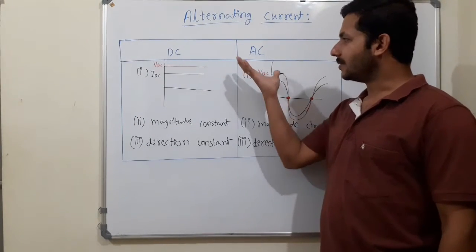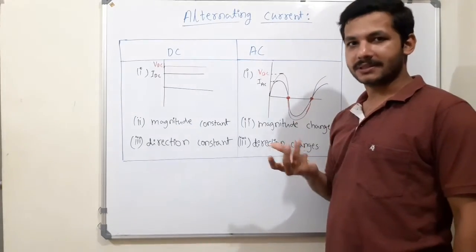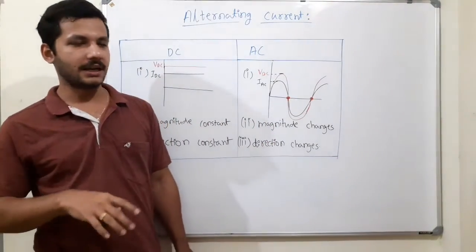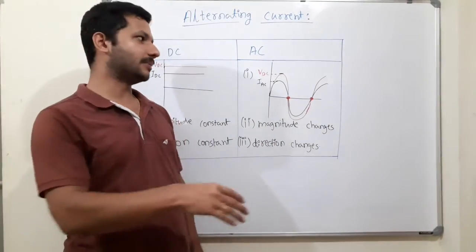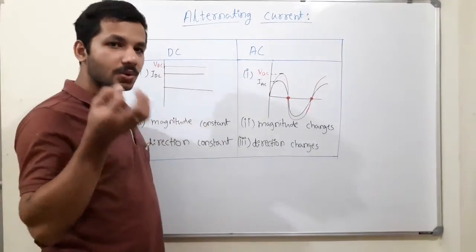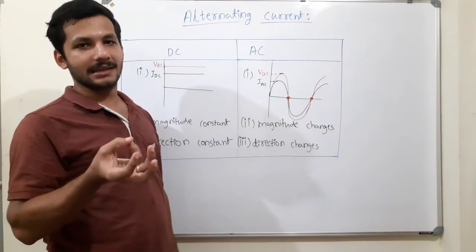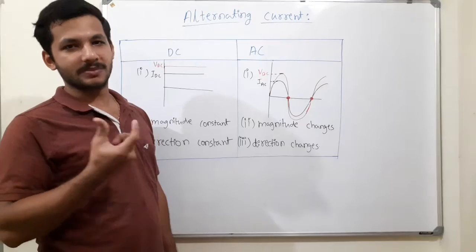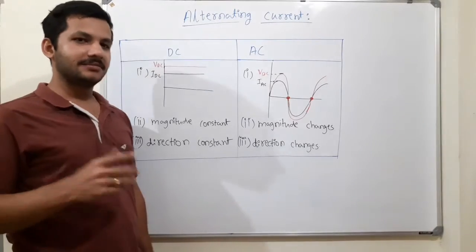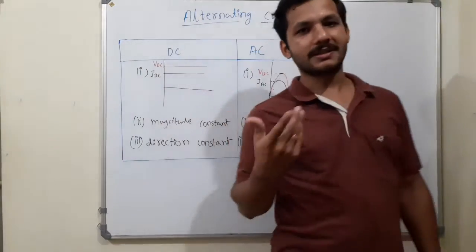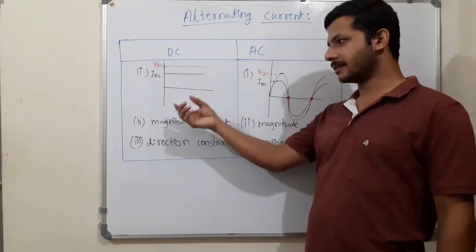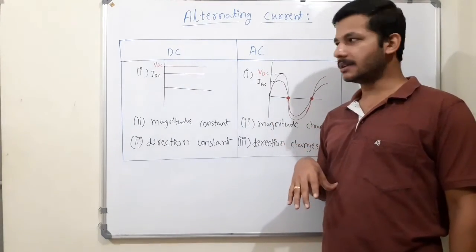Do you know where AC is used? Any idea? AC, alternating current, is used in our household circuits. All our household circuits are run with the help of alternating current. What is DC then? DC, direct current, is stored in batteries. It may be your watch cell, or a torch battery, or remote batteries, or toys. Kids use a lot of electric toys, and they use DC there, that is, a battery. Electricity is stored there in the form of chemical energy.